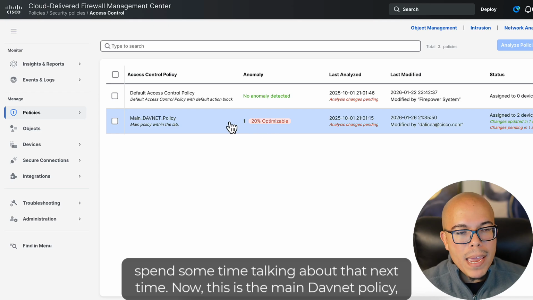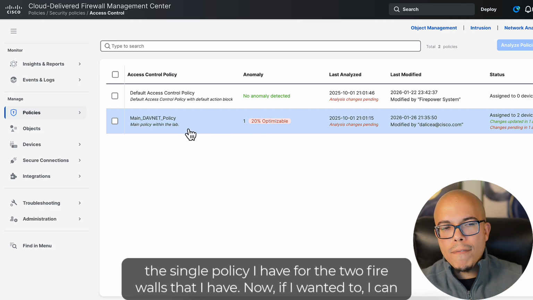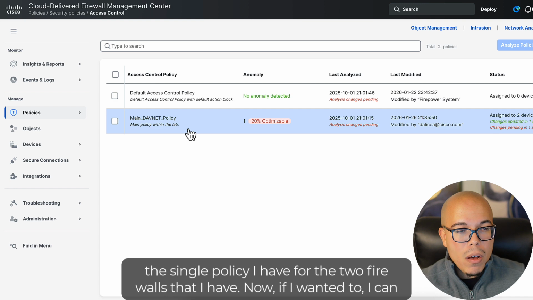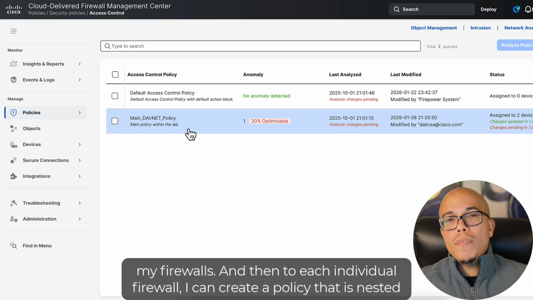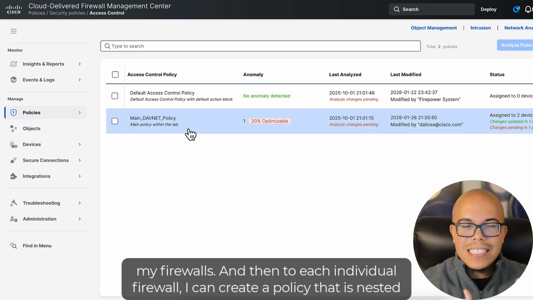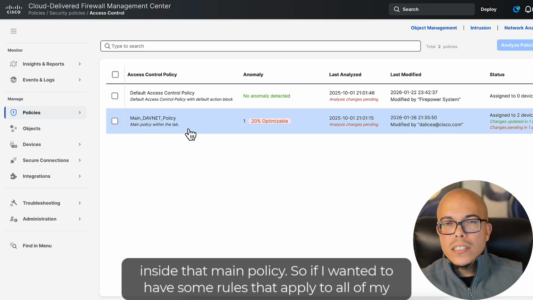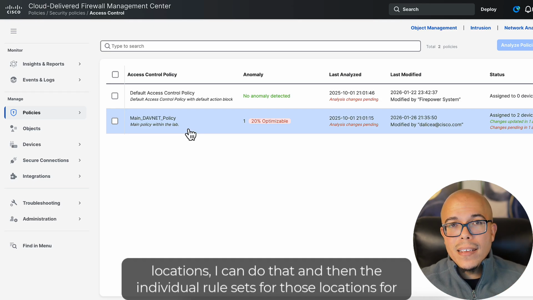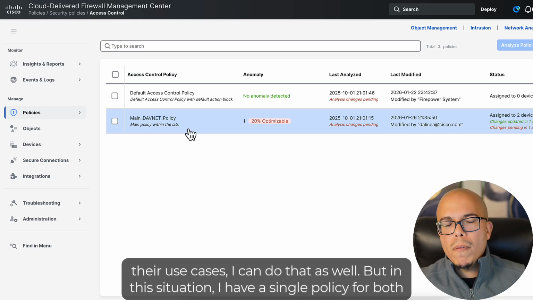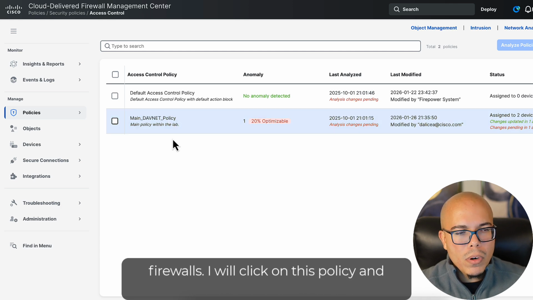Now, this is the main DAVNet policy, the single policy I have for the two firewalls that I have. Now, if I wanted to, I can create a separate policy, let's say a main overarching policy that can apply to all my firewalls. And then to each individual firewall, I can create a policy that is nested inside that main policy. So if I wanted to have some rules that apply to all of my locations, I can do that. And then the individual rule sets for those locations for their use cases, I can do that as well. But in this situation, I have a single policy for both firewalls. We'll click on this policy,